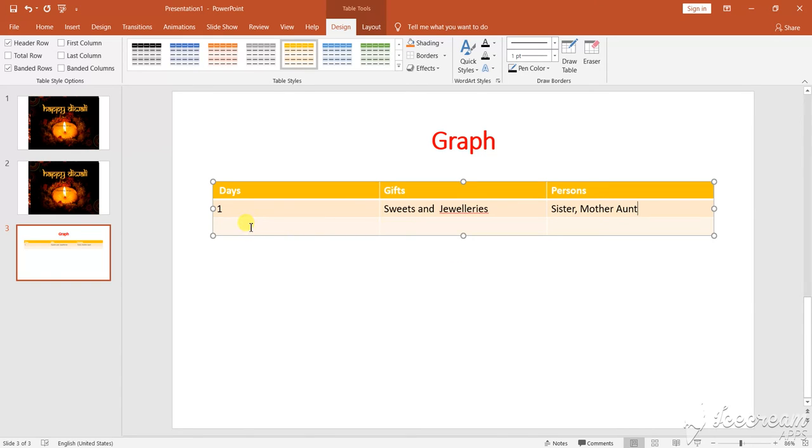So day two, suppose any type you can do, sweets. Then suppose here I am giving all, and you can write here anything more than sweets and gifts.